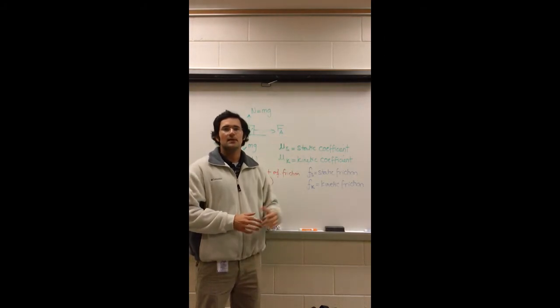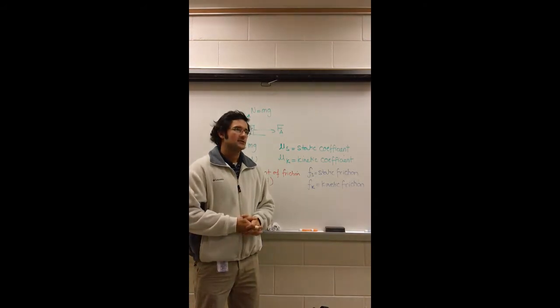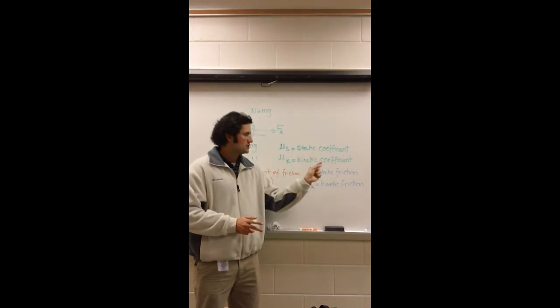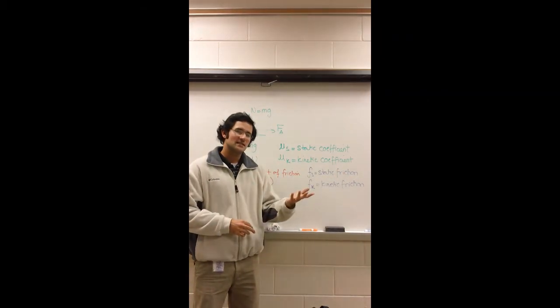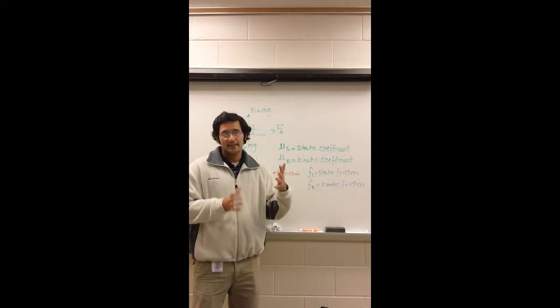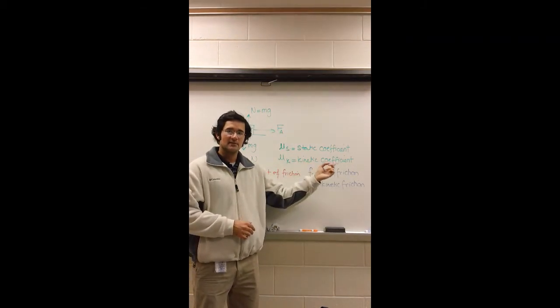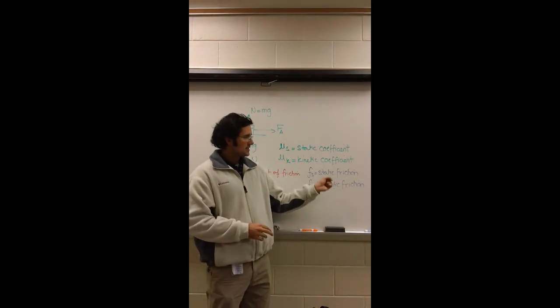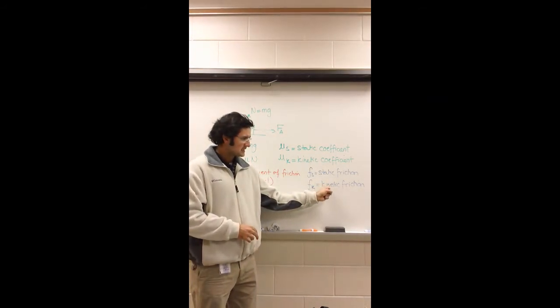And then of course finally you'll come to a point where FA is going to be greater, or it's going to be strong enough to break the object free, and then the object will start sliding. So at that brief moment when it starts to break away, that's when you've reached the maximum static frictional force that the surface can exert on the object, and the surface can't exert any more. That's why that's the maximum. And then finally, if you exert an FA, an applied force greater than the static frictional force, the object starts sliding to the right. And keep in mind, once it starts sliding to the right, it switches from static friction to kinetic friction. And kinetic friction is less than static friction.